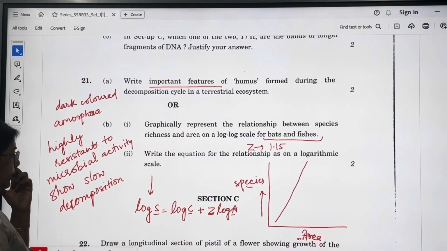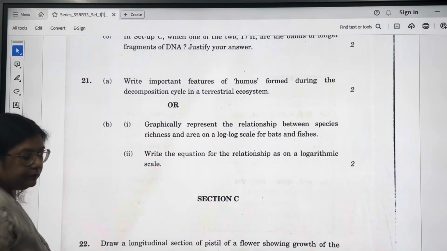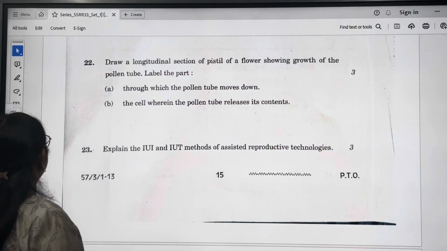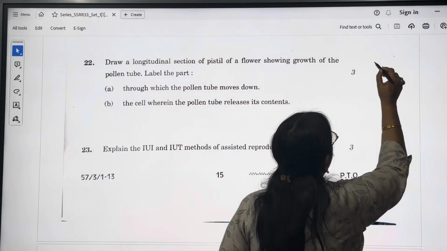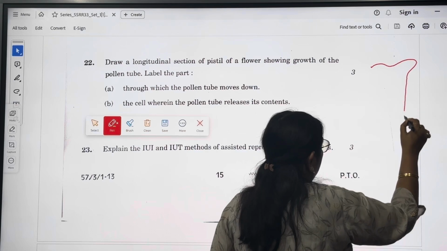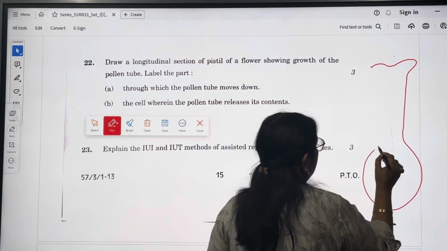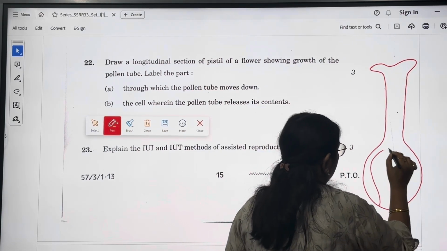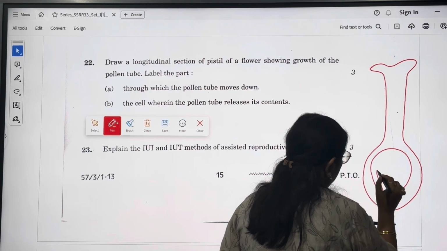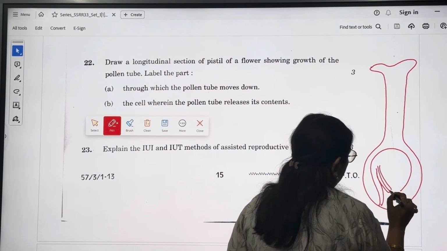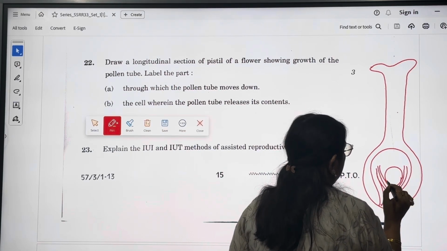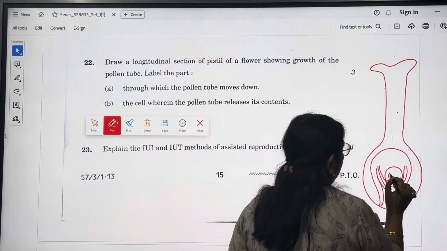Next question, question number 22 of section C. Draw a longitudinal section of pistil of flower showing growth of the pollen tube. Label the part. So you are supposed to draw the diagram of longitudinal section of pistil, stigma, style and ovary. Here you will draw this anatropous ovule, and in this this embryo sac with these